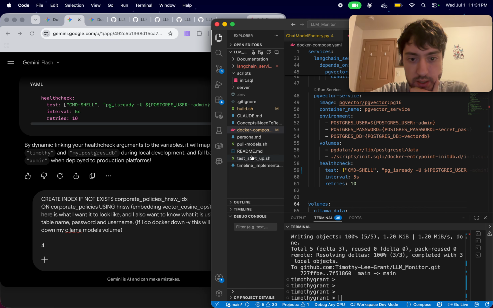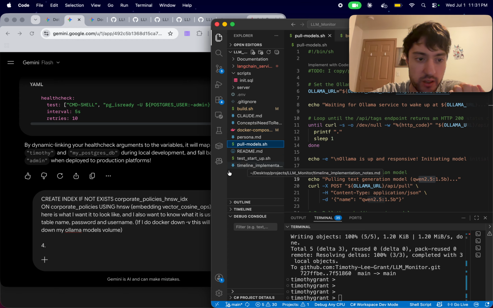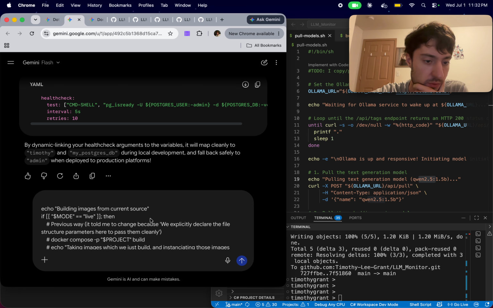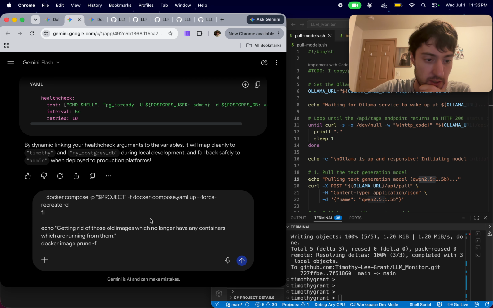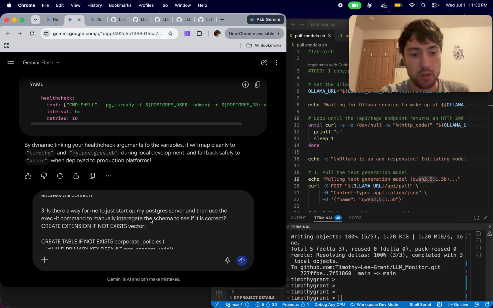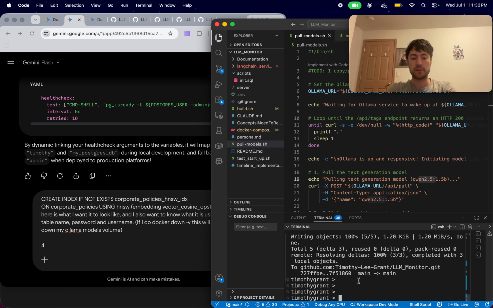So let's, I actually don't want this to pull. I don't want this here. I don't want to delete it yet either though. Do I think it's going to work? So this one I'm asking to check it, right? Two is I'm asking a conceptual question. And then this is just like my current state. So I'm going to say